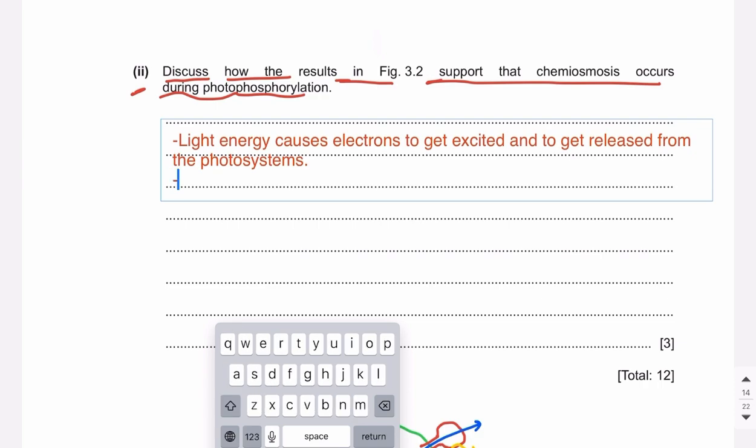Then we can mention that electrons are picked up by electron transport chain, and we can just write it very short that electrons move along electron transport chain. Which electrons? Excited electrons move along electron transport chain, releasing energy